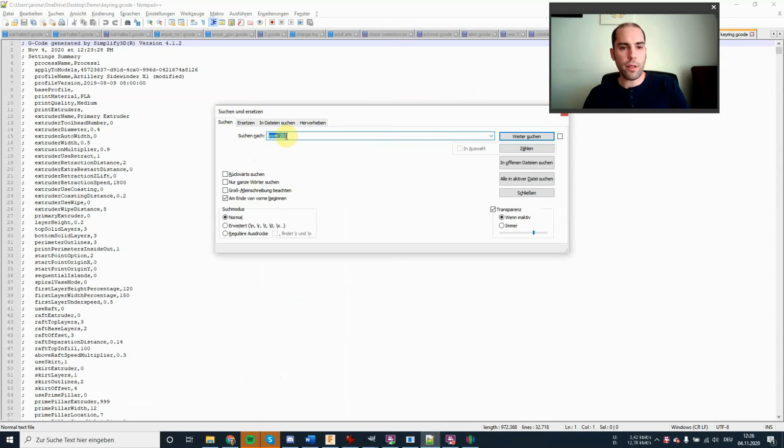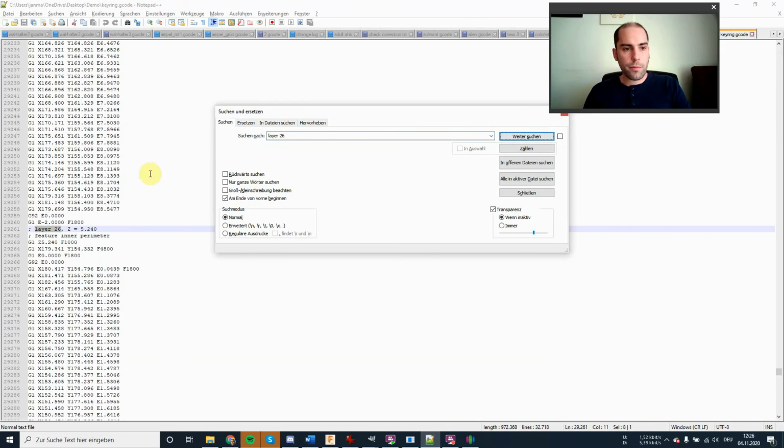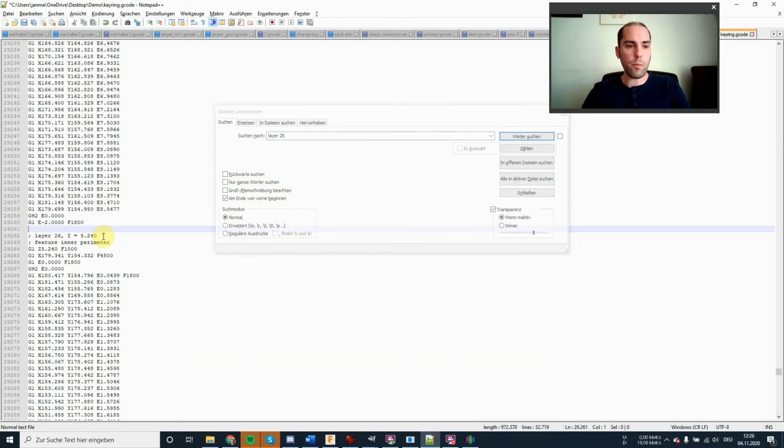And search for the layer that we want. Layer 26. So we're going to put the pause command M600 right before the layer 26. And now we're ready to print this file.